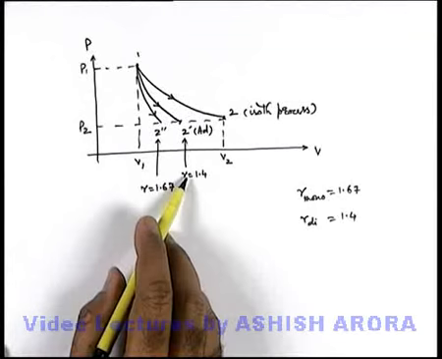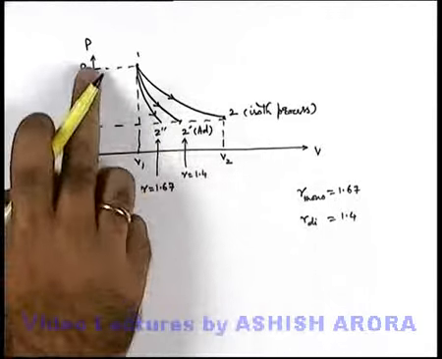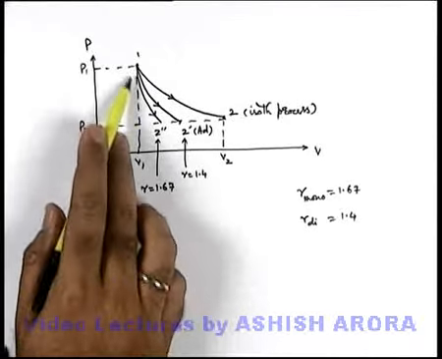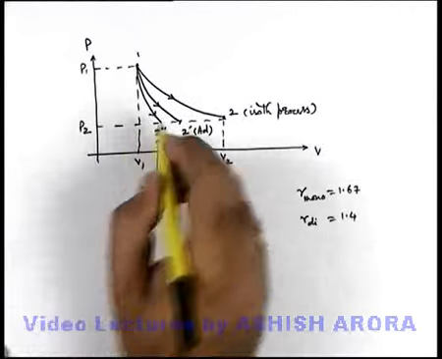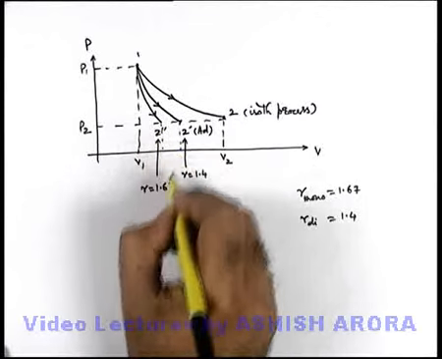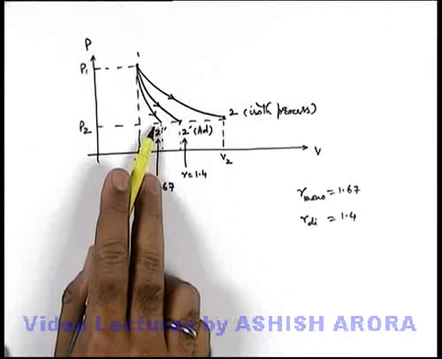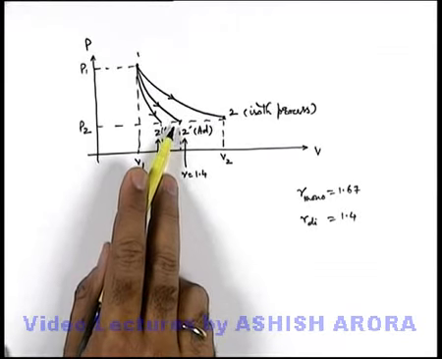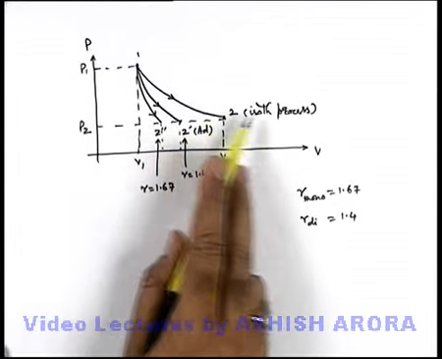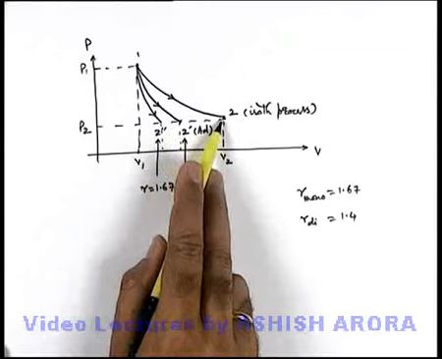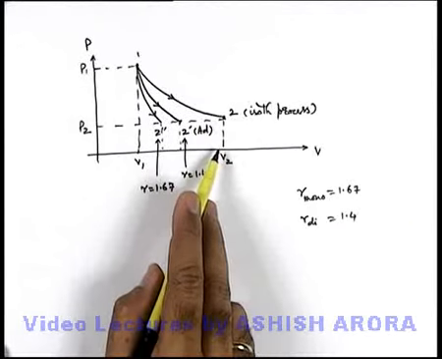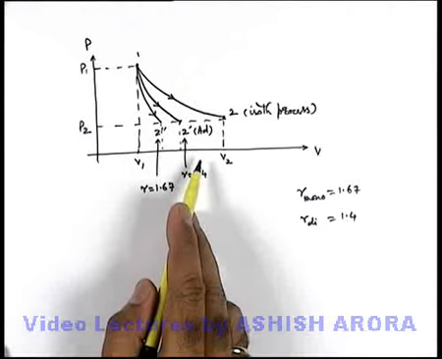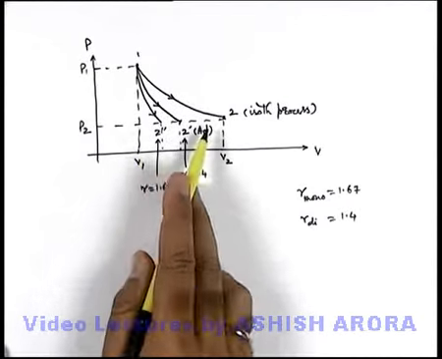Here we can see that corresponding to the same pressure variation, if the monoatomic gas is expanded, the work done will be least because it will expand by a lesser amount, as the curve slope is higher compared to the diatomic gas. If the same gas undergoes an isothermal process, the slope will be less and the work done will be relatively more. You can see the area is increasing. So always be careful about the analysis of the indicator diagram.